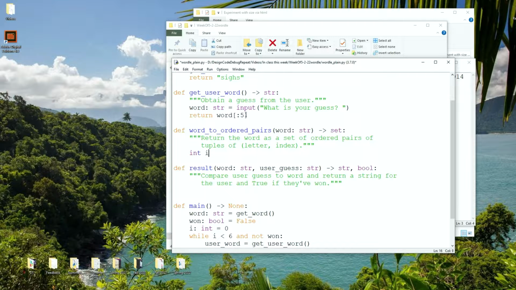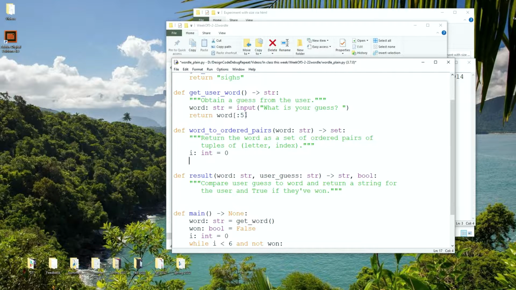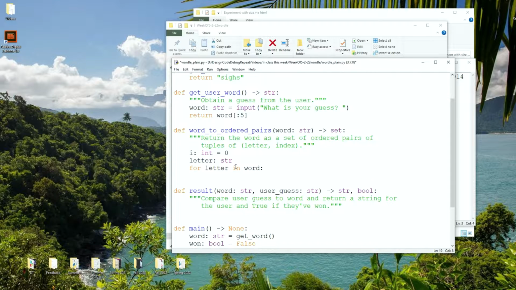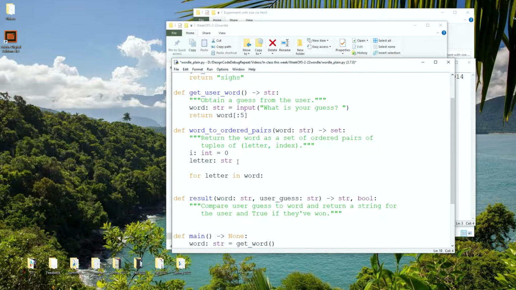Okay. How do we create an empty set? I don't work with sets very much. I think actually